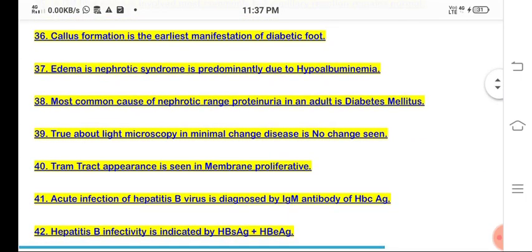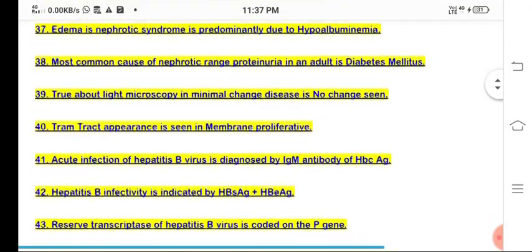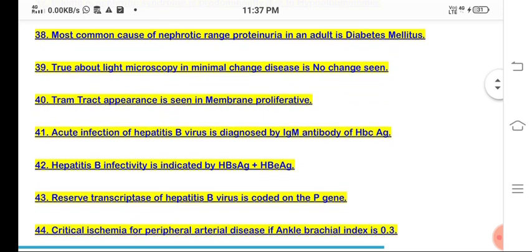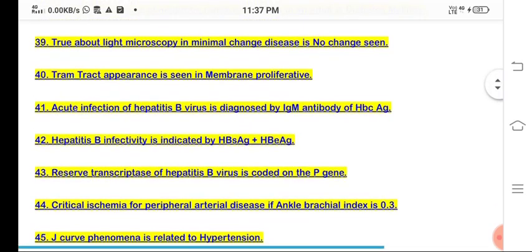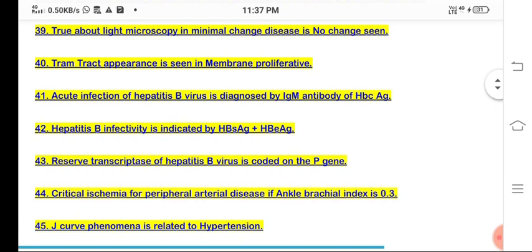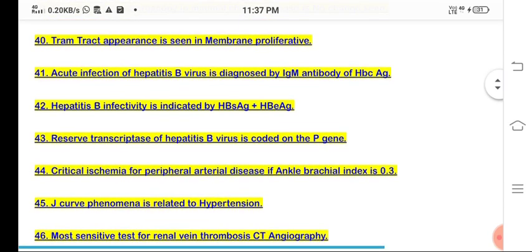Callus formation is the earliest manifestation of diabetic foot. Edema in nephrotic syndrome is predominantly due to hypoalbuminemia. The most common cause of nephrotic range proteinuria in adults is diabetes mellitus. True about light microscopy in minimal change disease is that there is no change seen. So all the glomerulonephritis, the microscopic changes and immunofluorescence patterns are very important. Tram tract appearance is seen in membranous